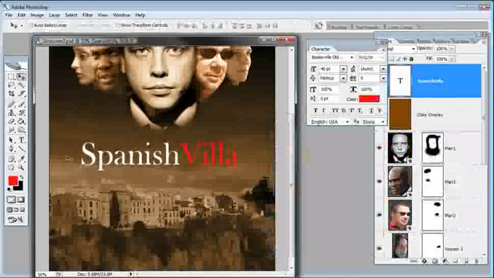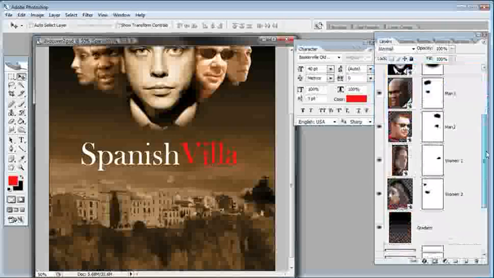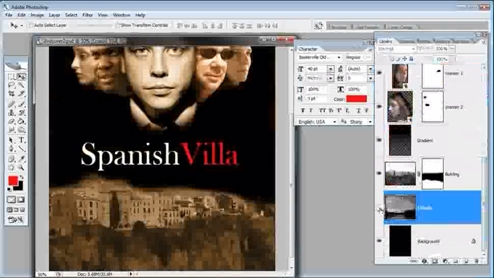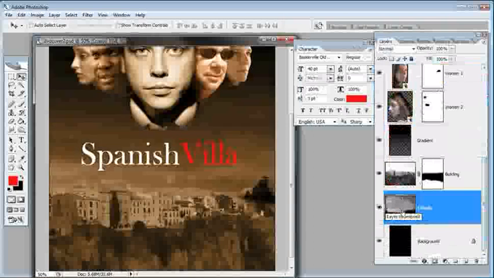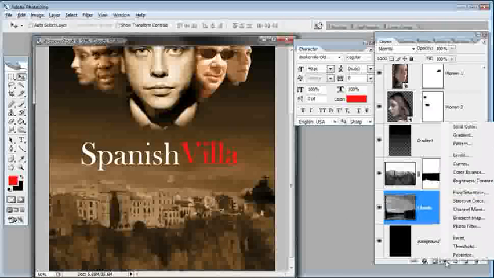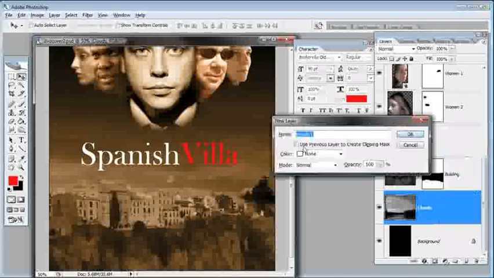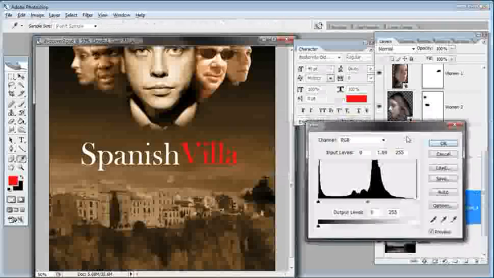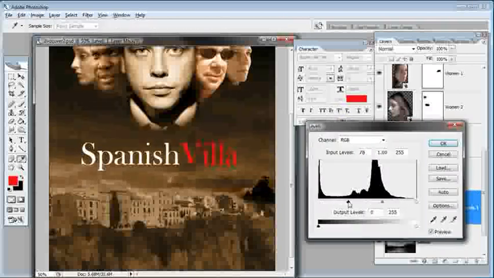Great. And I've noticed that if you want the title of the movie to stand out even more, then what you can do is darken the background. So I can come over to the Layers palette and click on the clouds right here. And we can make an adjustment layer for this clouds layer. So I can hold down the Alt key, which is the Option key on the Mac, and then come down here and select Levels and put a check in this box right here, click OK,